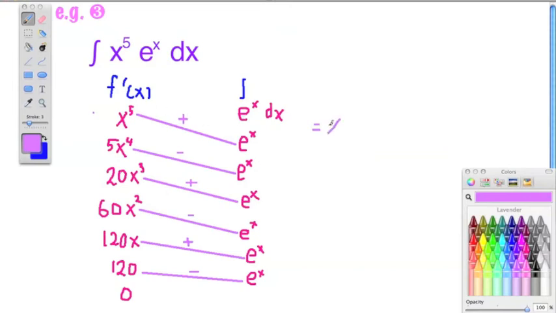So we will get x to the power of 5 times e to the power of x, minus 5x to the power of 4 e to the power of x, plus 20 x cubed e to the power of x, minus 60 x squared times e to the power of x,